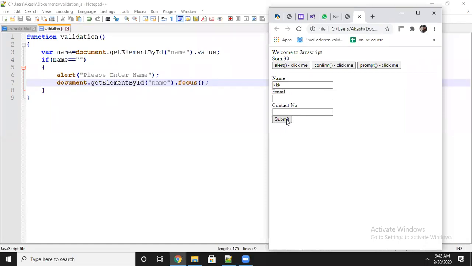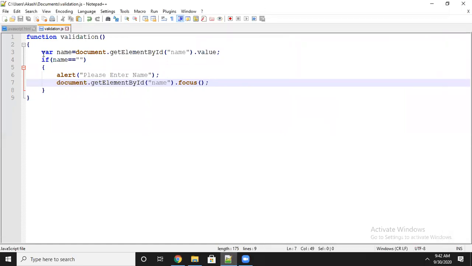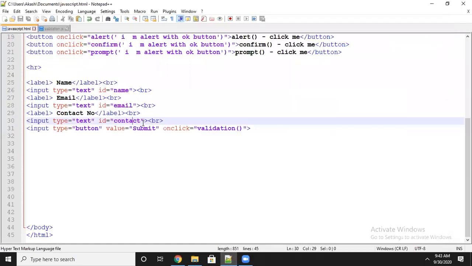If means it will check only one condition. Next comes if else. If else means the second case, what has to happen. In the second case I want to print the value. If you want to print the value, you can do it. For printing the value, down below I will take one paragraph and I will print the value.